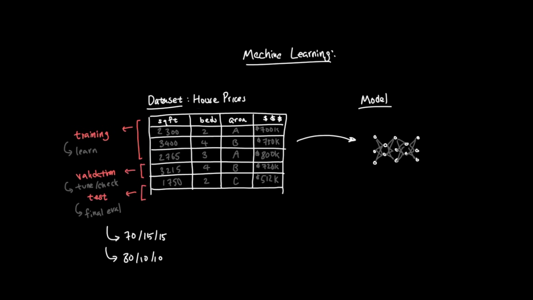There's no perfect split for every problem. If you have a lot of data, you can afford to hold out more for validation and testing. If you have a smaller dataset, you may want to keep more data for training. In some cases, people use techniques like cross-validation, where the data is split multiple ways to get a more reliable estimate of performance. The principle is simple. Do not judge the model only on examples it learned from.